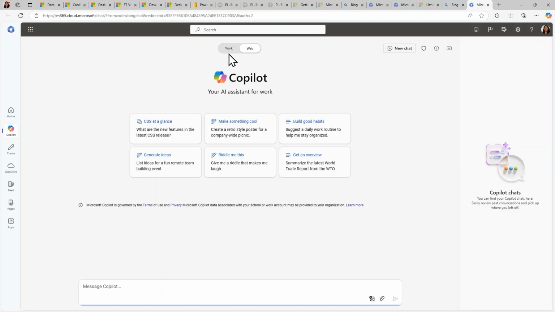So we're going to use web for our purposes here, and in particular, this is an option that doesn't require a license. So you could use it whether you have a license or not.